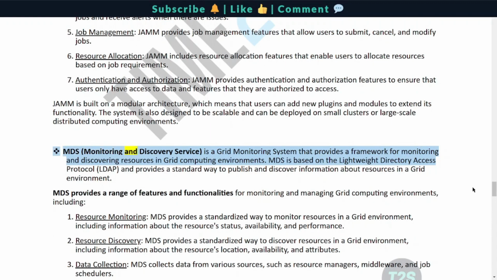MDS, Monitoring and Discovery Service, is a grid monitoring system that provides a framework for monitoring and discovering resources in grid computing environments. MDS is based on the Lightweight Directory Access Protocol, LDAP, and provides a standard way to publish and discover information about resources in a grid environment. MDS provides a range of features and functionalities for monitoring and managing grid computing environments, including